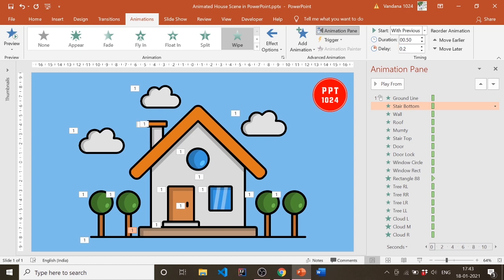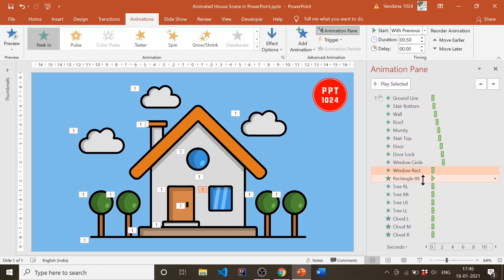So stair bottom should come after 0.2 seconds, wall 0.5 seconds, roof 0.8 seconds, Mumti 1.1 seconds, stair top 1.3 seconds, door 1.6 seconds, door lock 1.8 seconds, window circle 3 seconds, and for both window rectangle and rectangle, delay should be 2.3 seconds.